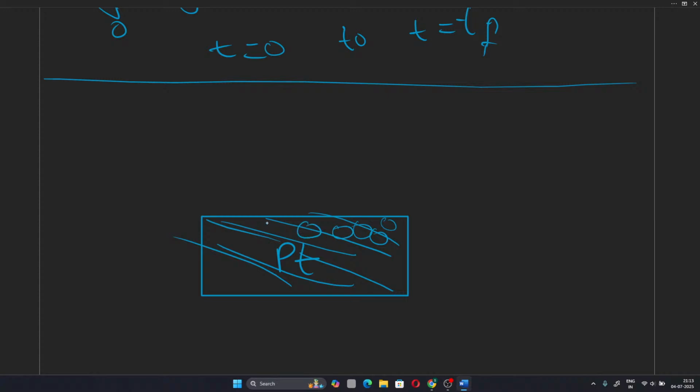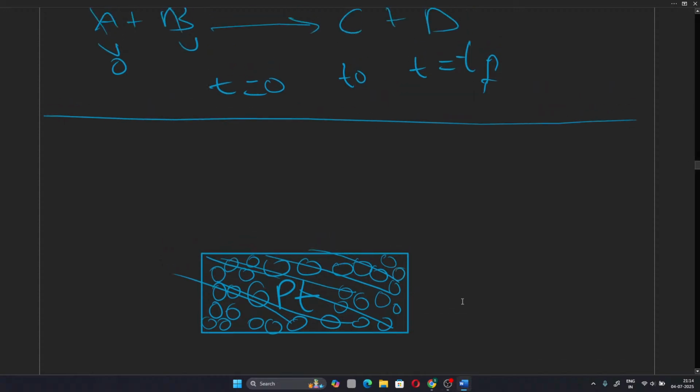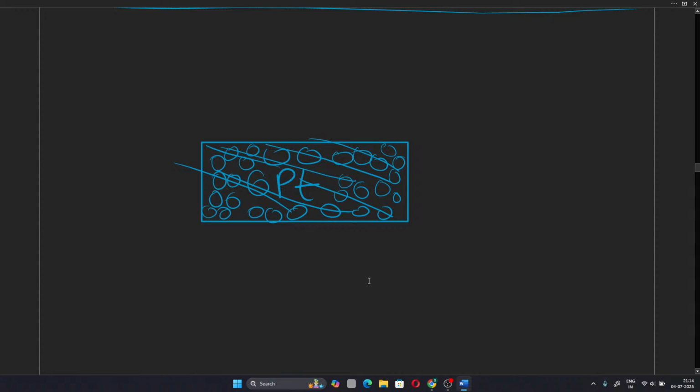That is why this is a zero order reaction. When the maximum amount of molecules that can get concentrated on the metal surface is reached, no matter how you increase the concentration, the rate of the reaction will not change. This is the accumulation of NH3 here. Basically what this intermediate complex theory means is, this is a platinum surface,